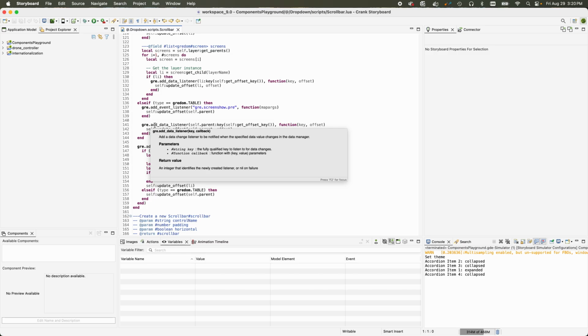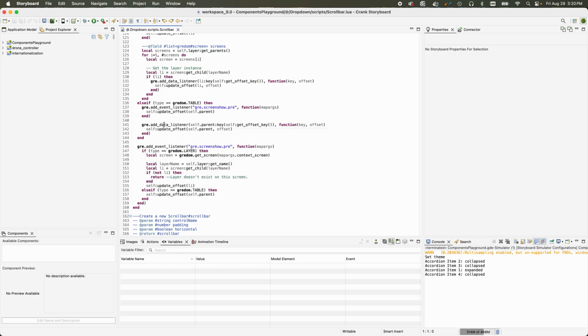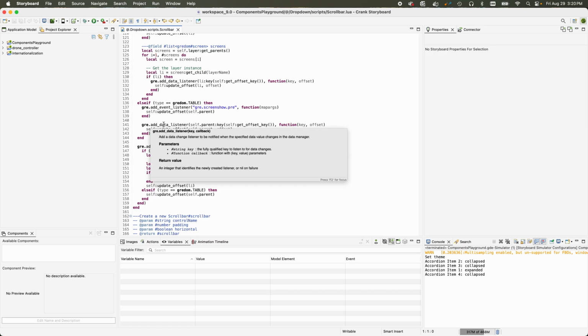So this was already possible, again, with a little bit of model editing overhead, binding an event that would then call into Lua when this data changes. However, this is just a convenient way, without having to interact with the model directly, to add a data listener to the